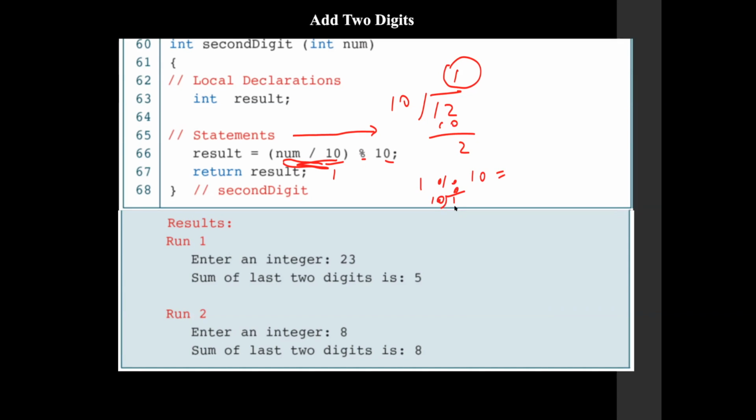So modulus gives you the remainder. So you add all that up. The result of your second digit is 1. The result of your first digit is 2. So if you add them all up, if you go back to the previous slide,